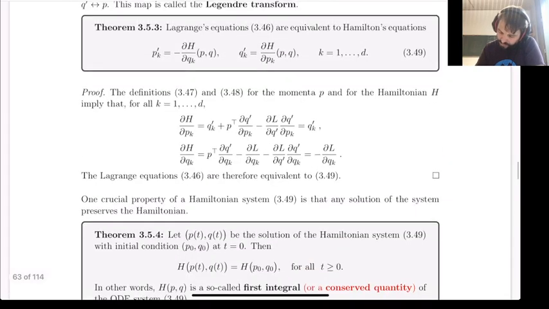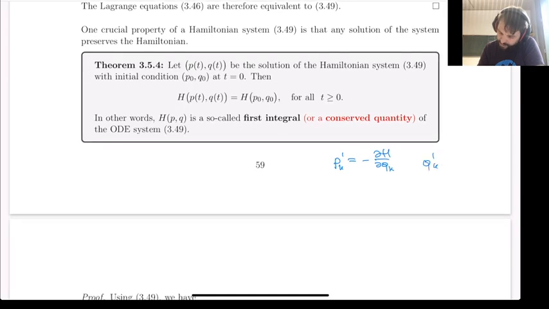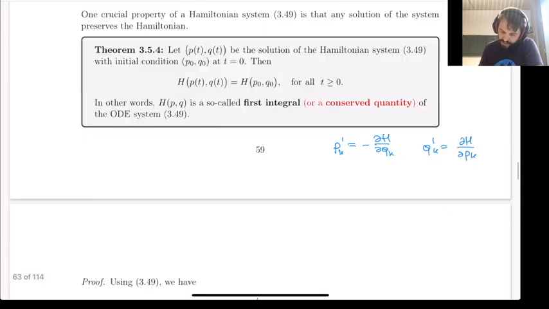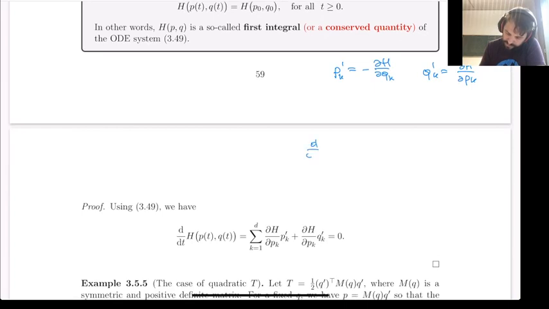And Q prime, kth component, is plus dH by dpk. Okay, and then if I do time derivative of the Hamiltonian, which is a function of p(t), q(t), then I need to do chain rule, and this is a vector valued, these p's and q's are vectors, and so we get essentially a sum